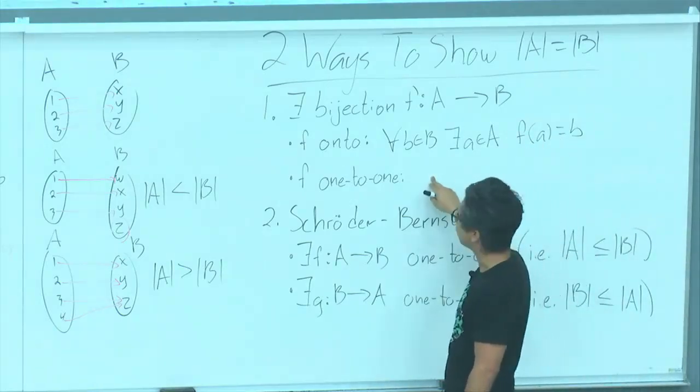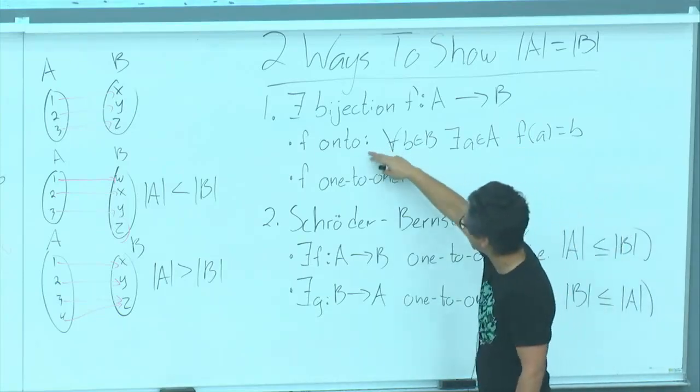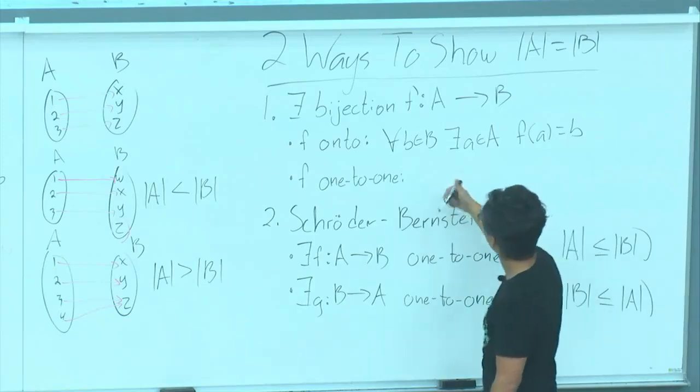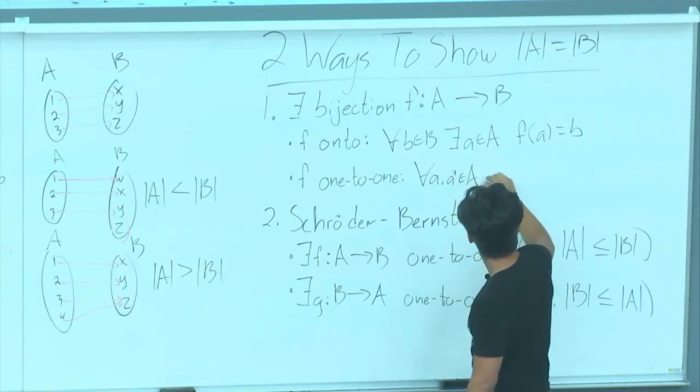1-to-1 is kind of what it sounds like. Onto and 1-to-1 are actually pretty good names. Sometimes it's called injective and surjective, but onto and 1-to-1 are pretty descriptive. And 1-to-1 just says that anytime you have 2 things that map to the same thing,